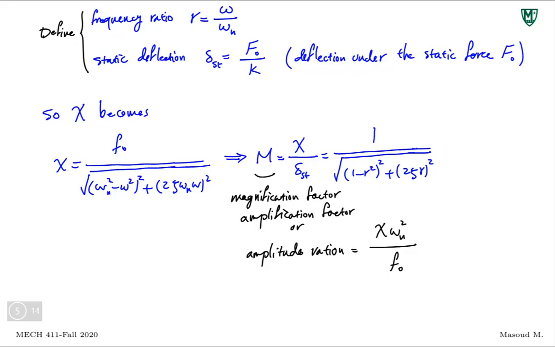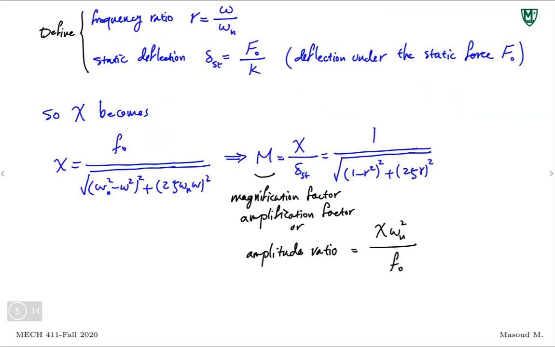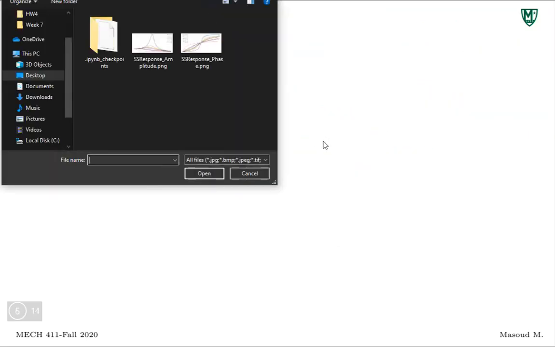So let's take a look at how this magnification factor or amplitude ratio changes. Remember, r is the frequency ratio I put there. So I plotted this M, amplitude ratio, and the other factor in our steady state response, which is theta. So two things I want to look at. How does M change, which is a representation of X in a normalized way, so a ratio of the magnitude. And how does theta change? Theta also shows the phase difference between the force and the response. Now, I plotted these two. I'm going to bring them here as a function of